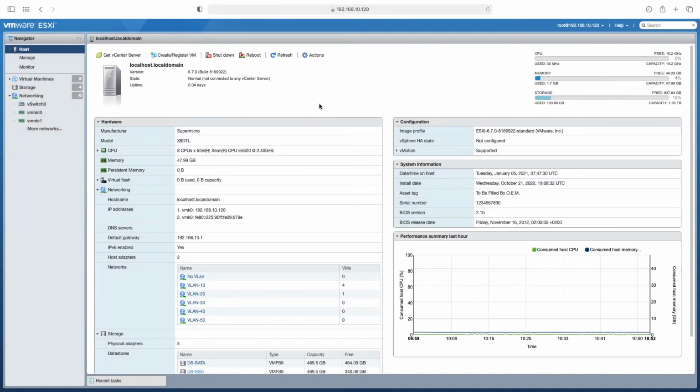In our previous lesson, we had installed ESXi Hypervisor. On this page, you can see information about ESXi Hypervisor. Here you can see the manufacturer of our server, the model of the card and the CPUs on our server. I have 2 Xeon processors on my server and a total of 48 GB of RAM.